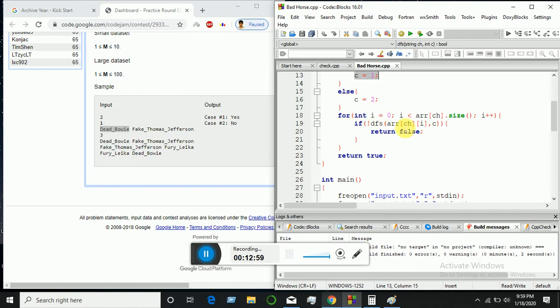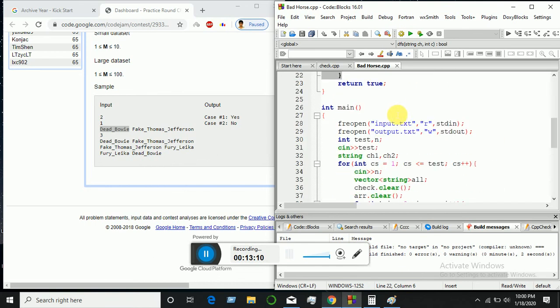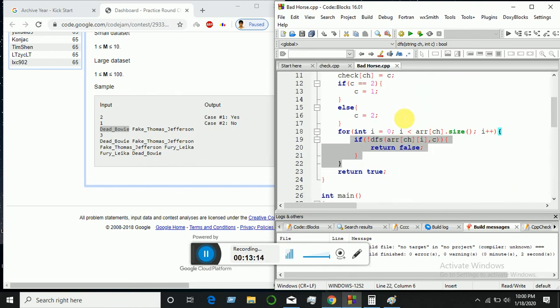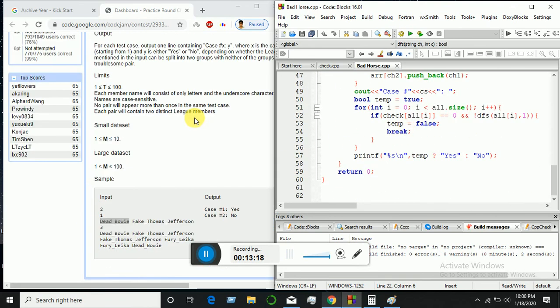So again, this loop is for all the characters connected with the first input, and then again the DFS call, and again this same process is done. So in this process the code works, right? Maybe you understand. Okay,